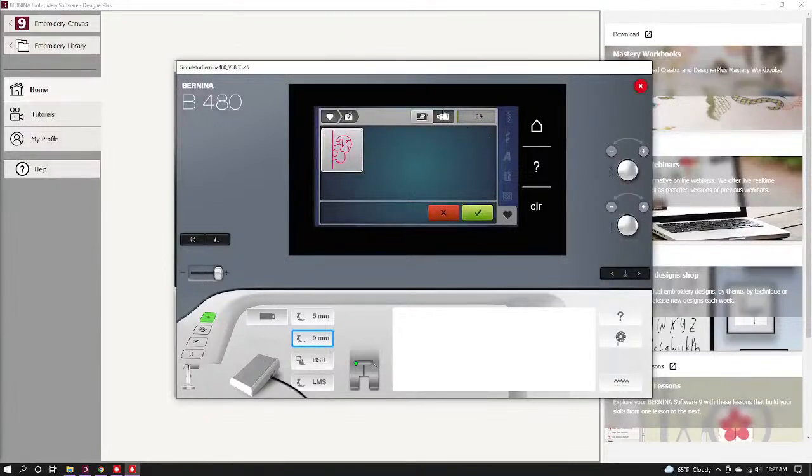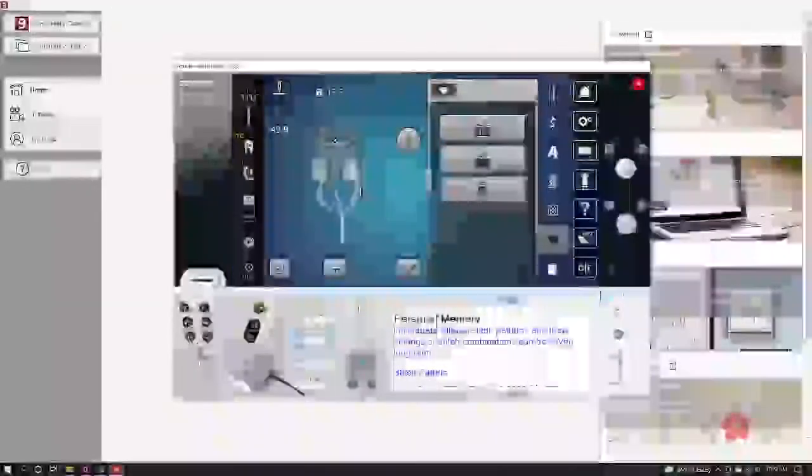If you have it fully open to your screen and you don't have a USB stick, you do not have the ability to export stitches. Okay, but anyways, once we go to the USB stick, we can either click on the stitch or hit the check mark, and it is saved to your USB stick. Ideally, you would have a USB stick plugged into your sewing machine. On the simulator, however, I then have to go to my start menu, the folder for my simulator,